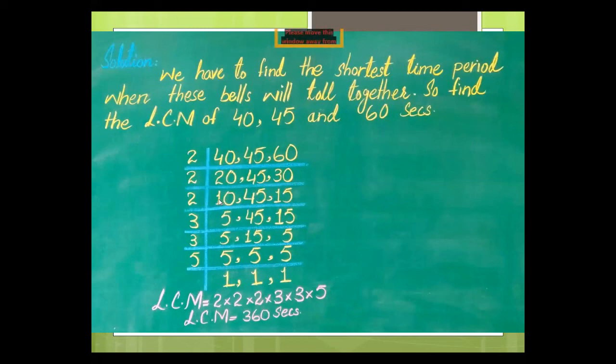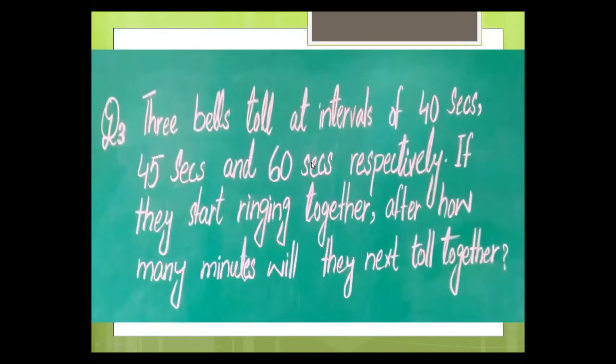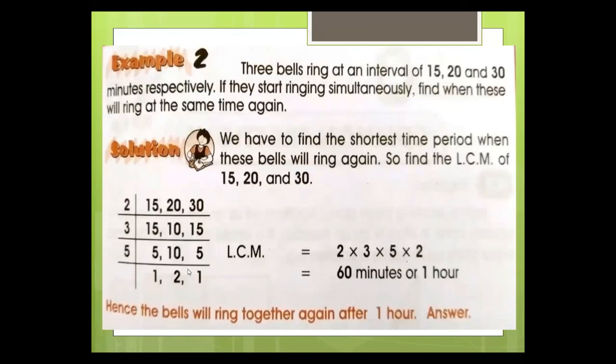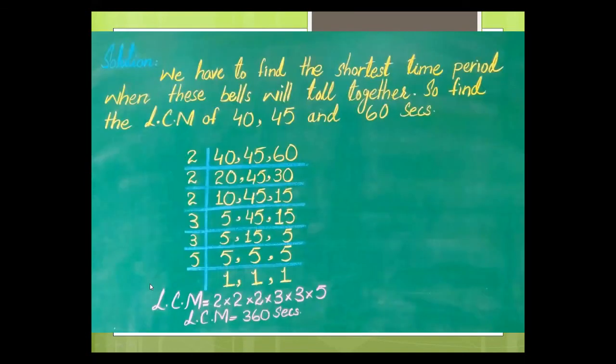Okay, then 10, oh sorry, yes, 20 divided by 2 is 10, 45 divided by 2 is 45, and 30 divided by 2 is 15. Okay, now in this method, the method is similarly the same, but in this method where we stop, we say that if only a single number is divisible by any divisor, then we don't take it. Okay, but the method or solution is most probably the same.